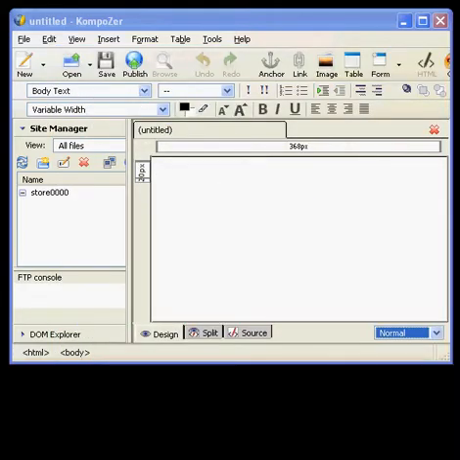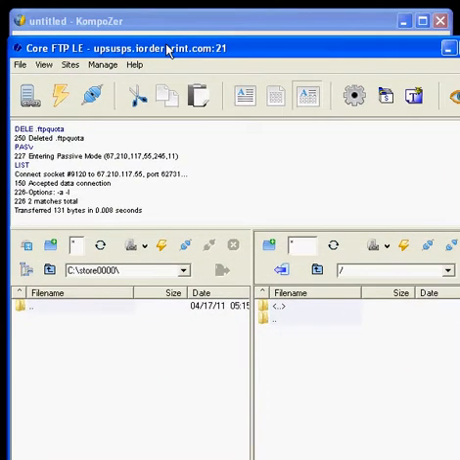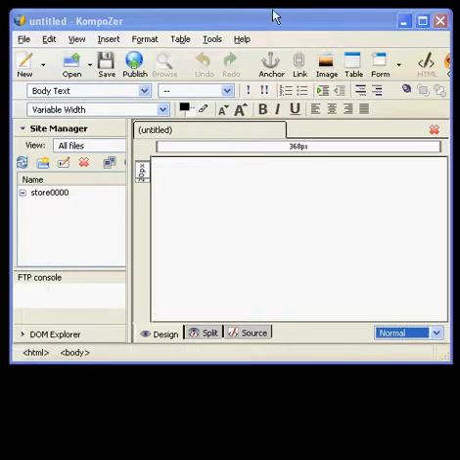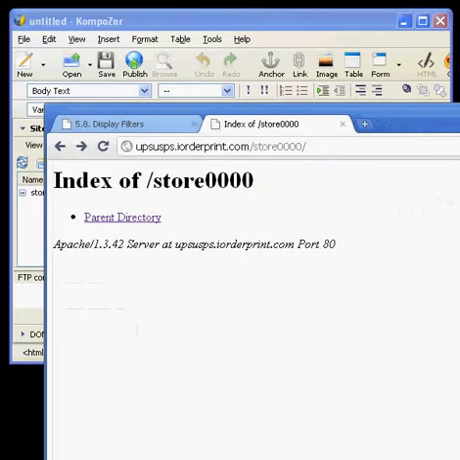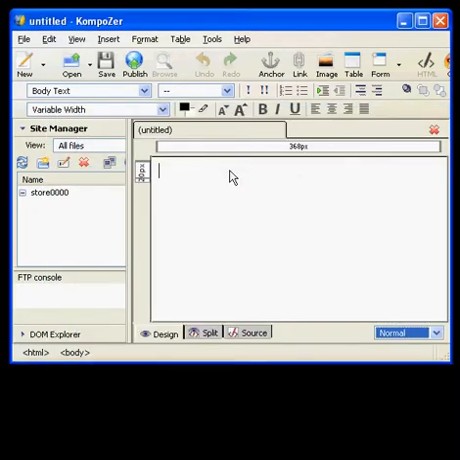And if we were to look in Core FTP, both the C drive directory and the root directory on iOrder Print, both showing empty. So first thing we should do is create an index page for the home site, for the home page here. So what we'll do is we'll call it